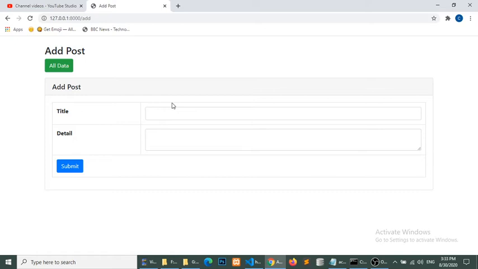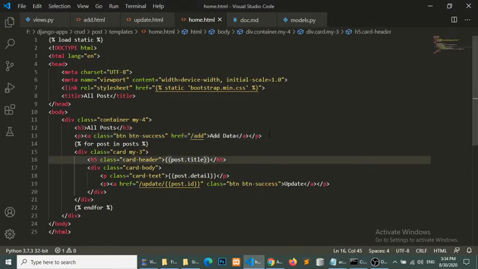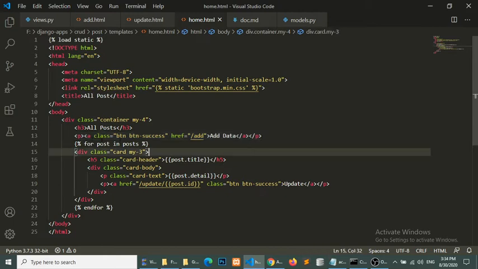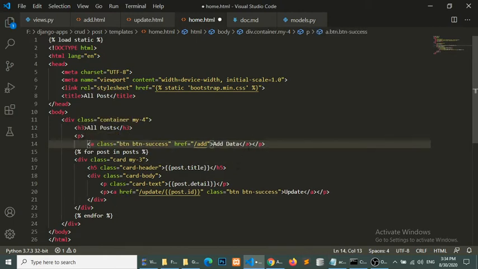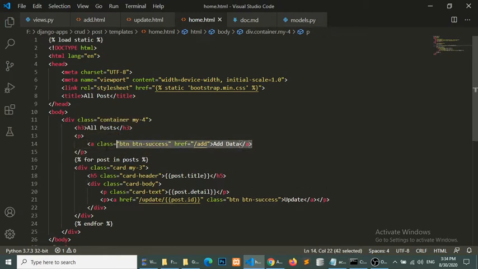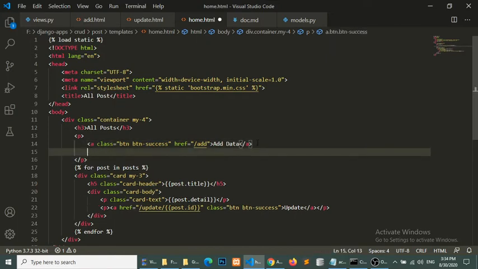Now the last functionality is to delete data. So we will put the delete button on the home HTML template. Delete, and I will delete the specific post, not here.